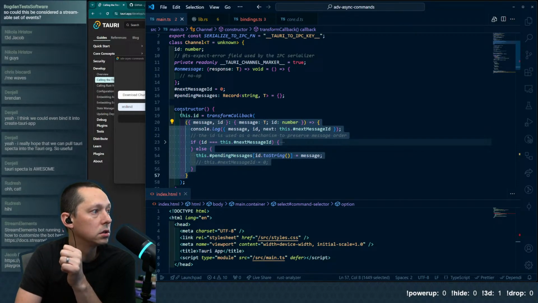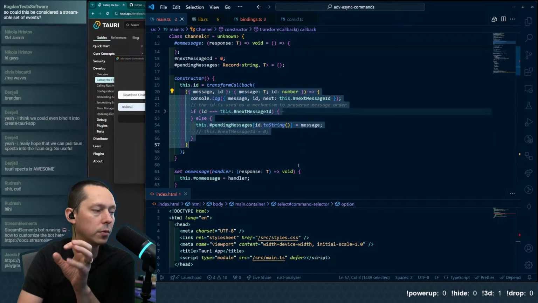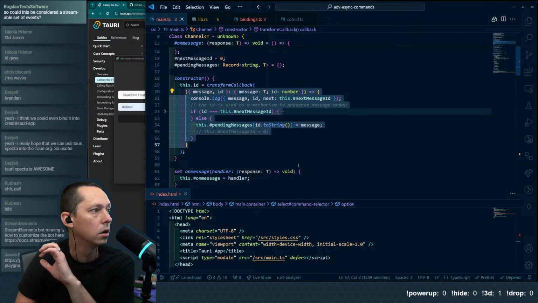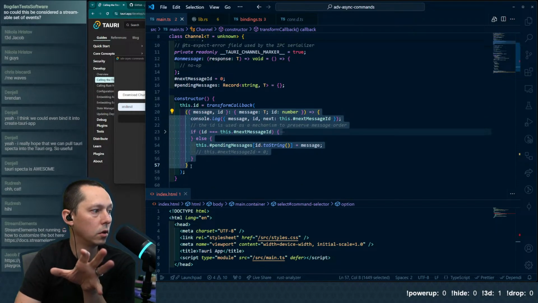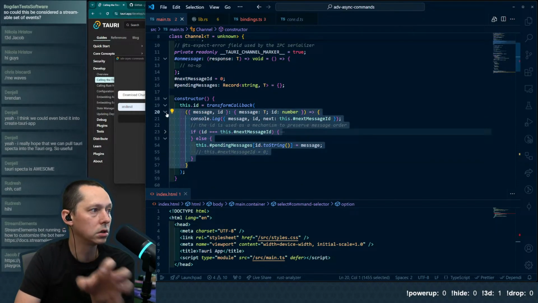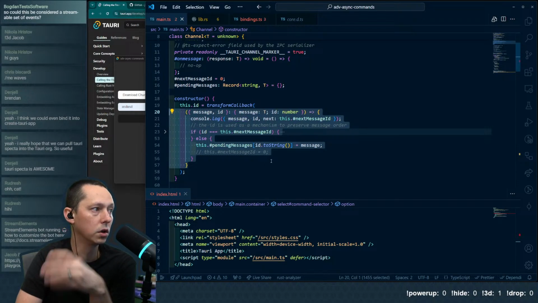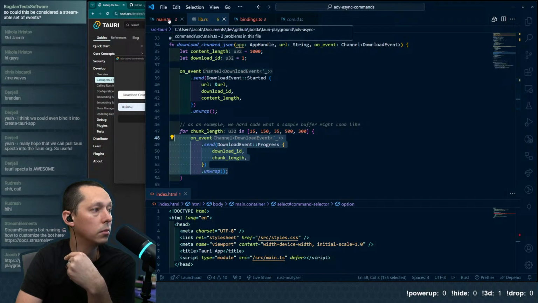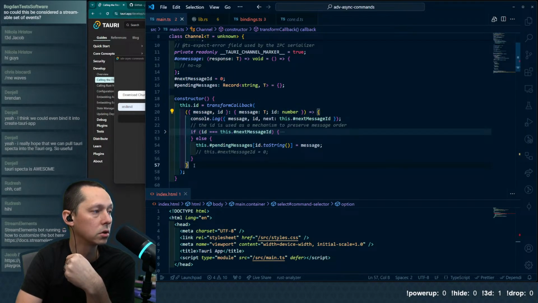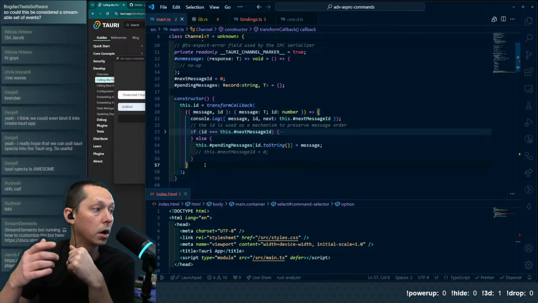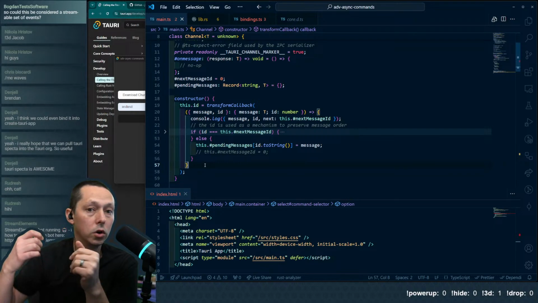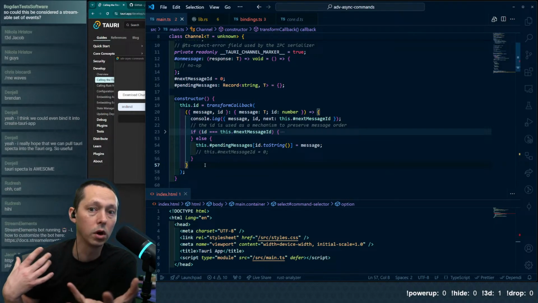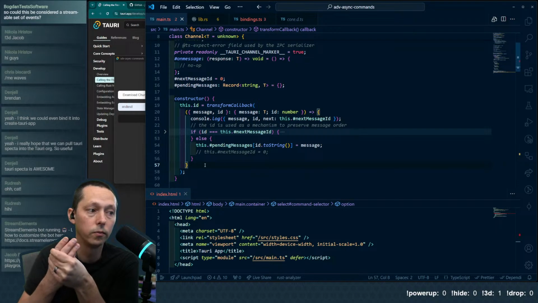In the constructor, we define this.id, and I don't think it would have to be exactly like this to get it to work, but effectively, with this type signature, it executes this callback every time you call a .send on the front end. Every time that callback is run, you could handle it in any way you want in the front end.